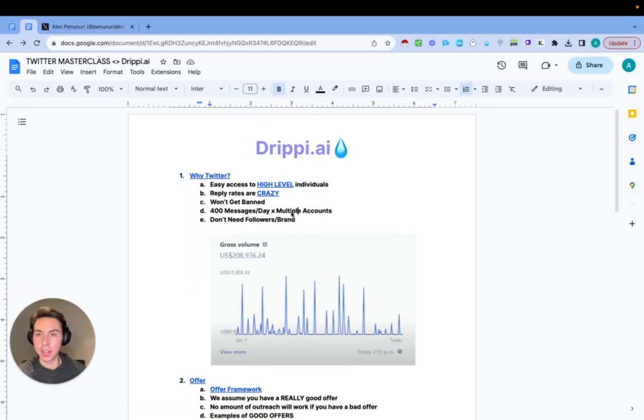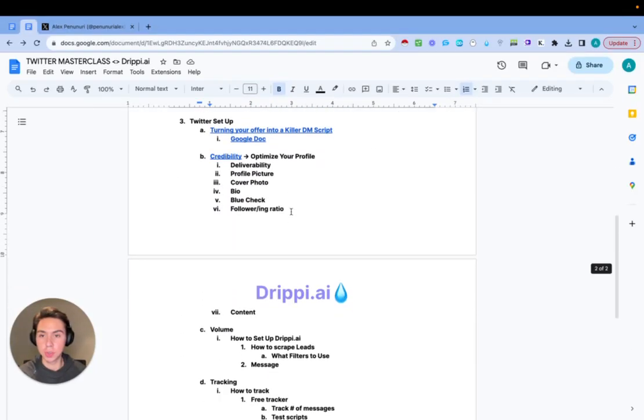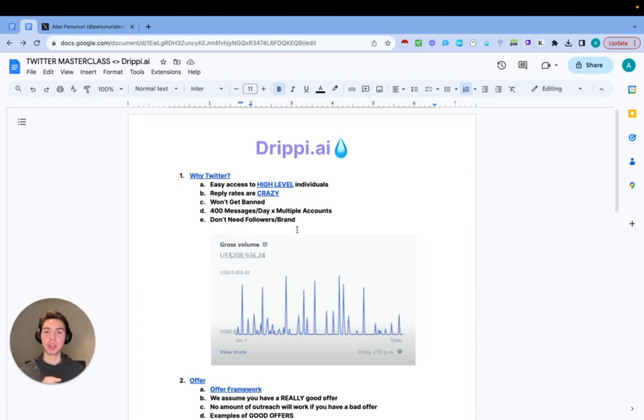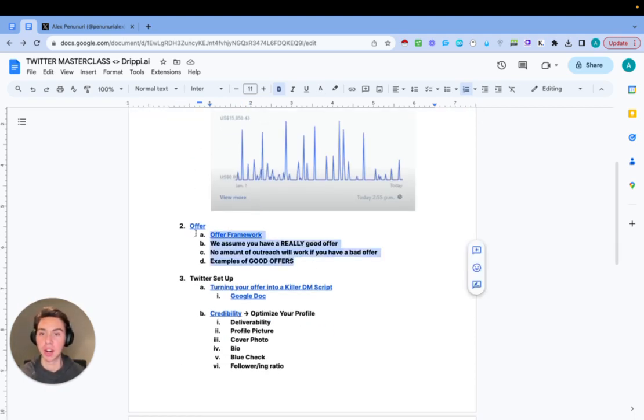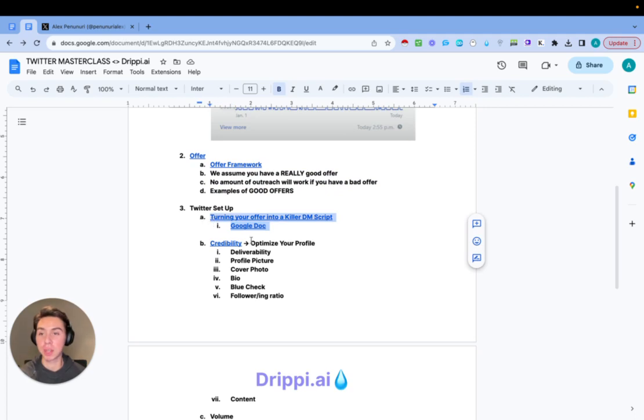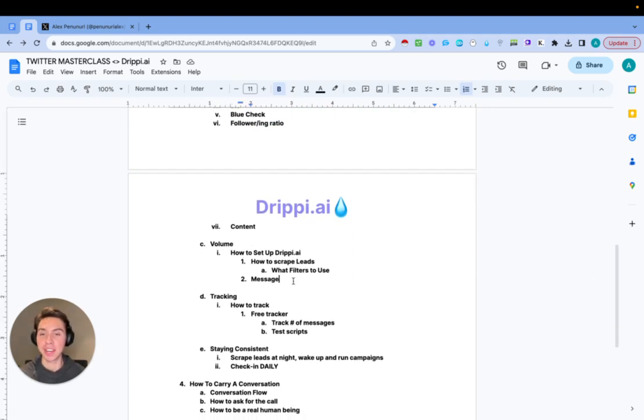There we go. All right, so welcome to the volume portion. Honestly, my favorite part, because this is where we get to show you how to actually set up Drippi, which I'm really excited for. So at this point, you know why you should be on Twitter. You have a really strong offer, you have a really strong script. You primed your profile, so now you have a lot of credibility. And now we're going to get into how to actually be sending out a ton of messages to get awesome